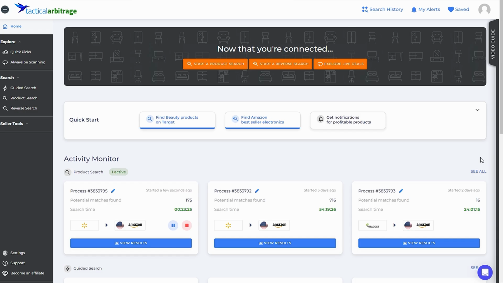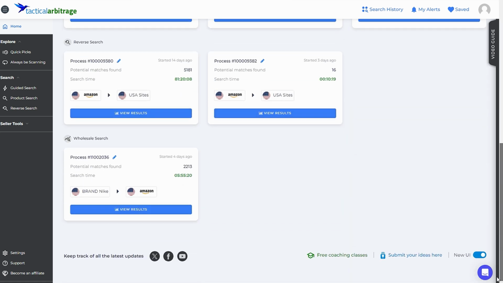In this video, we're going to have a look and see what we can do from the home screen or dashboard. What you're seeing on screen is the new and improved dashboard or home screen. If you prefer the old version, you can easily switch back. Just scroll all the way down and you'll find the option to toggle off the new dashboard in the bottom